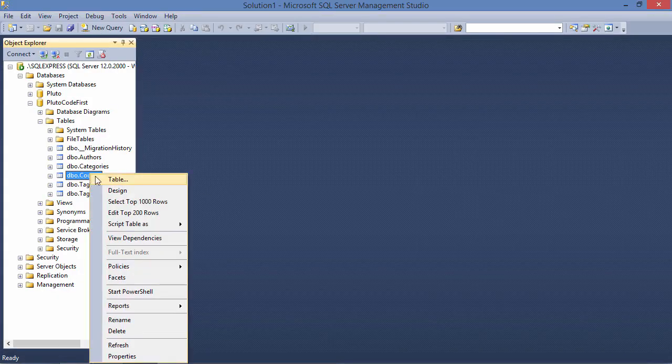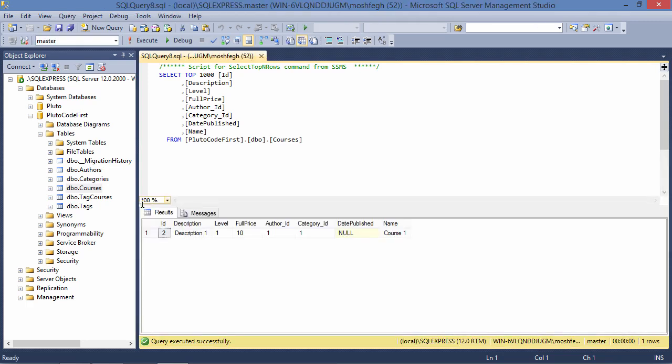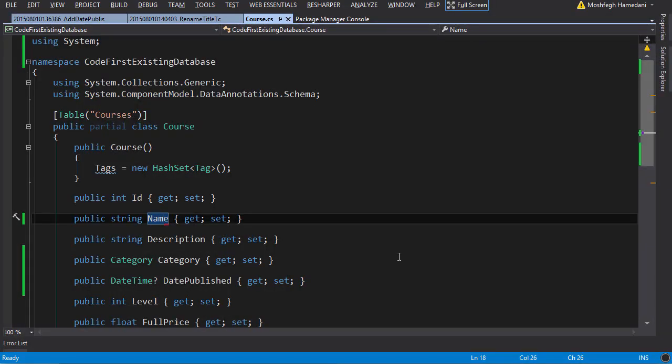So select all records. Okay, look. Now we got a new column called name, and we did not lose our data. The previous title, which was course 1, is now stored in the name column. And finally, let's look at the last modification scenario. I'm going to delete a property in my model. So back to the course class. I'm going to delete this property that we just created, date published,